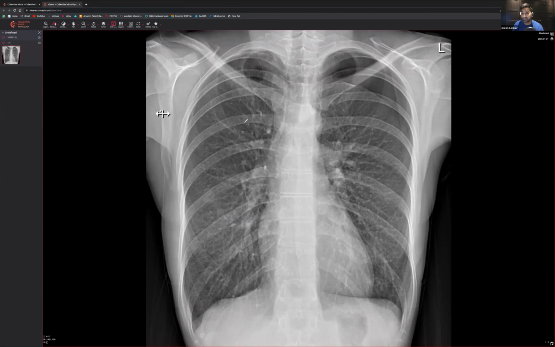Also, the lungs will be a bit more translucent because by definition, COPD, emphysema, would mean that there is less lung parenchyma. You know how here you can see lots and lots of nice lung parenchyma. In those situations, you wouldn't see so much. You may see a bit of a discrepancy, like there's lung parenchyma that looks a bit more black here compared to over here. It takes a lot of practice in truth, but that's the way that I would generally do it. Look for where they're hyperexpanded, and also have a look at the lung parenchyma to see if there's any more translucent areas compared to others.